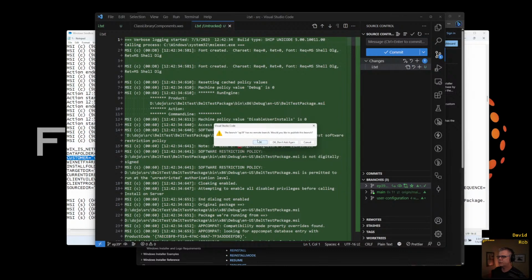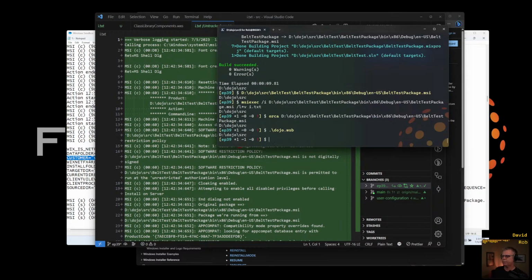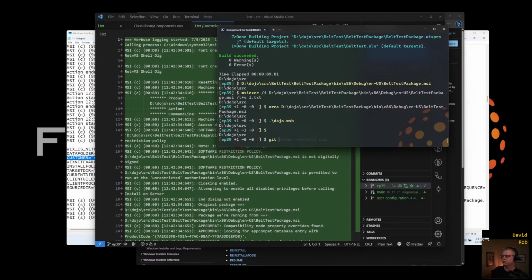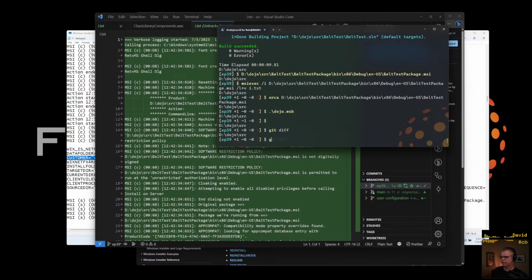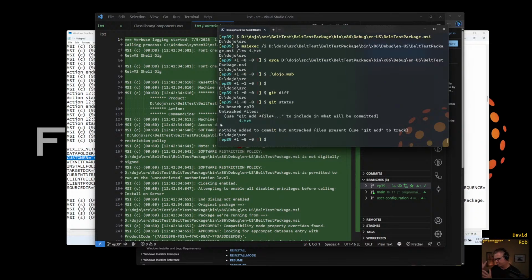Push. Branch has no remote branch. Would you like to publish this branch? All right, now you've scared me. I don't know what that means. All right, I have a command that I can run on the command line while people think about things they want to talk about. Do a diff. Oh, git status. What files do I have? Oh, this is i.text. Right, all right. It's telling me that I have i.text.